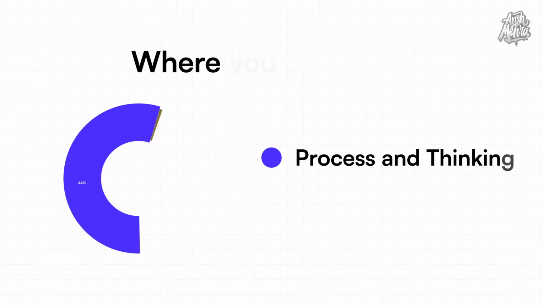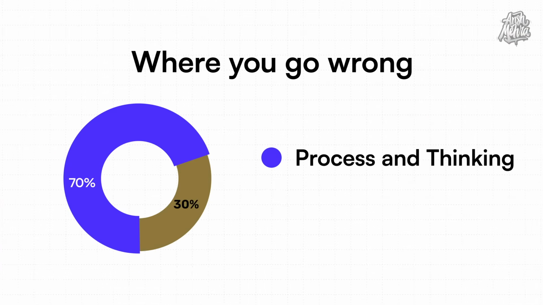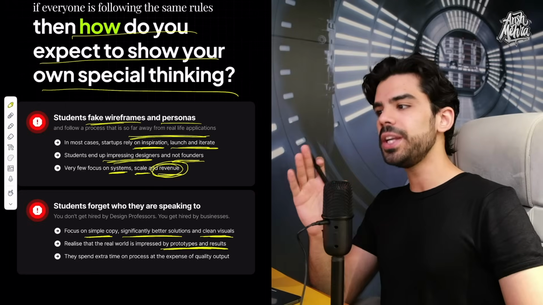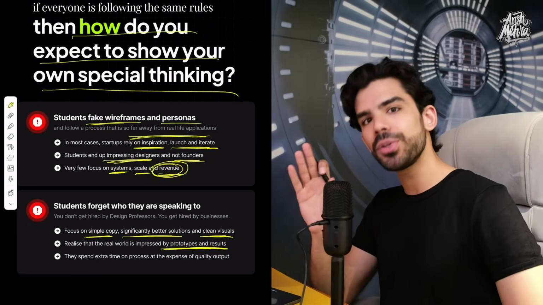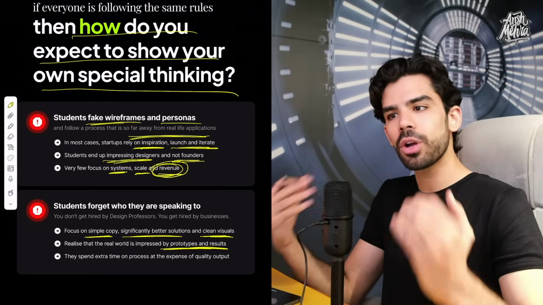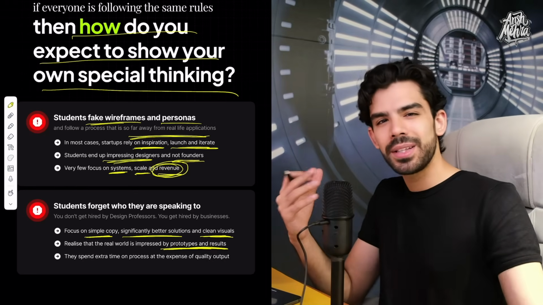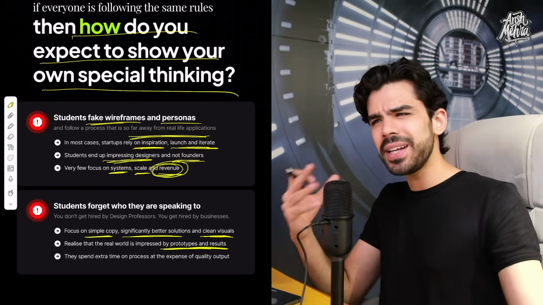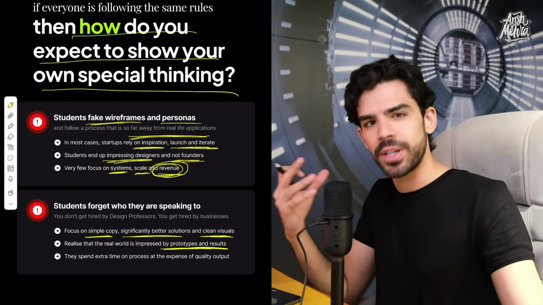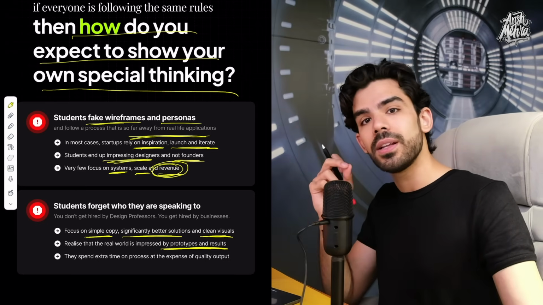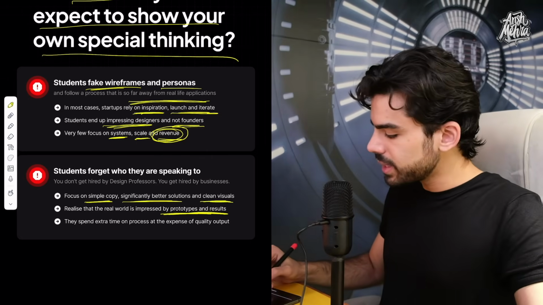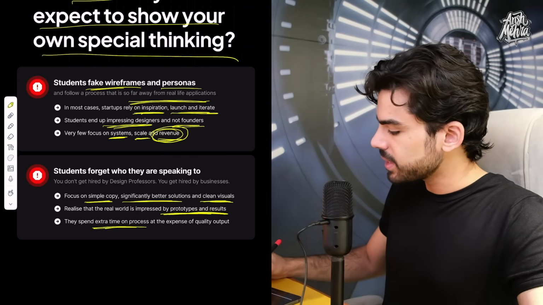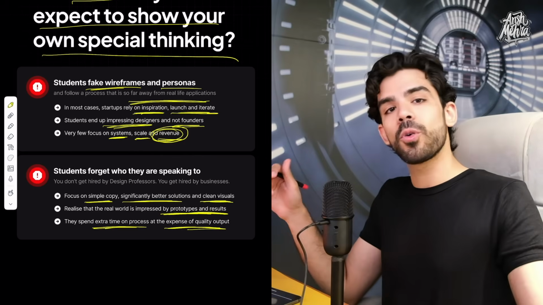So if your case study is 70% process and thinking and just 30% prototype or UI, then you've lost the war. You need to begin with a very strong impression. Begin with the final UI. Make sure you embed a prototype at the very end, because normal people want to play with your app. They don't want to see static screens, because it's very difficult to understand how static screens would really work. So always learn the art of high fidelity prototyping. So just to summarize, students end up spending extra time on the processes at the expense of quality output,